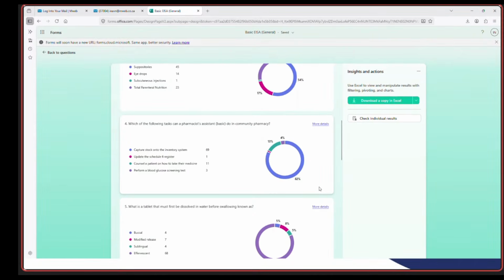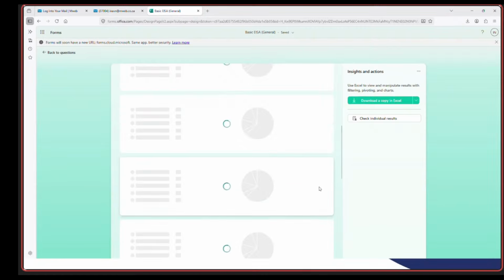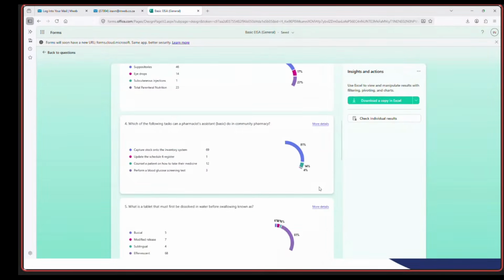Question number 4. Which of the following tasks can a pharmacist assistant basic do in a community pharmacy? In the previous one, the setting was manufacturing. And in this question, we are now looking at a community pharmacy. So the setting there, community pharmacy, we are also again on the